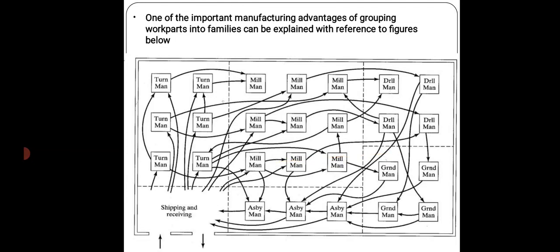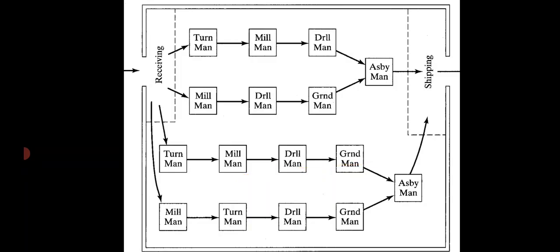Next, these are the machining operations. First one is turning machining, the second turning. If you take the raw material from the turning machine to the milling machine, different machines are arranged in different places. So we cannot achieve the product in the particular time, we cannot complete the work. So we can rearrange the machines as per our requirement.